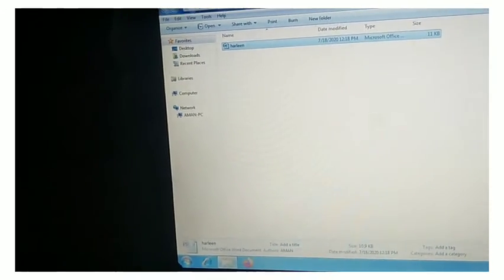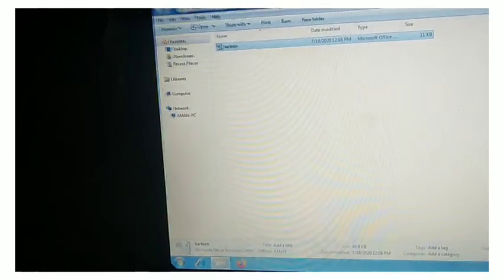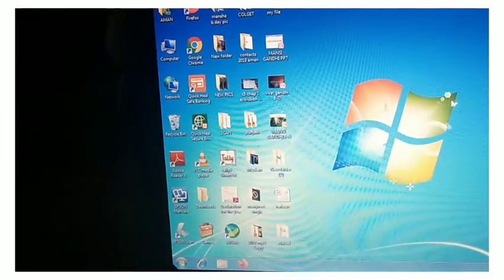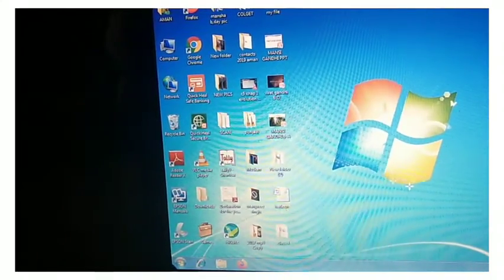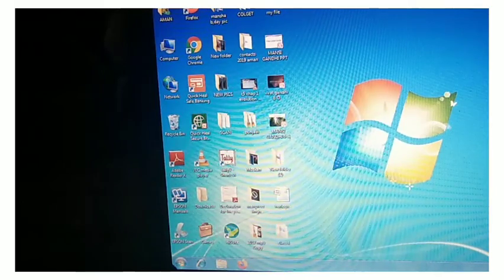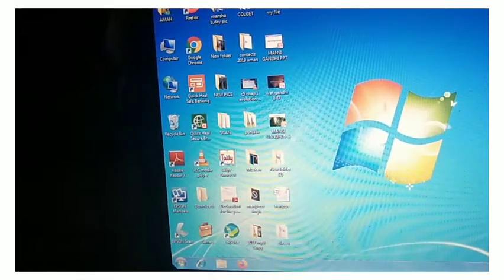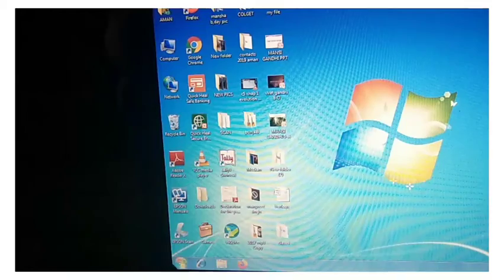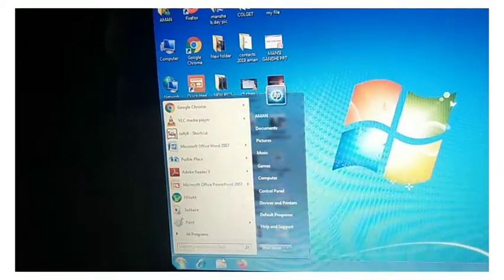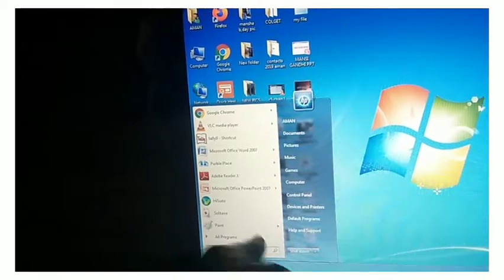Now if you want to search any file in a computer, suppose you turned on the computer and the computer screen appears like this. If you want to search any file, any document or anything in a computer, what will you do? You will go on the start button. After that over here you can see the search bar, search programs and files.